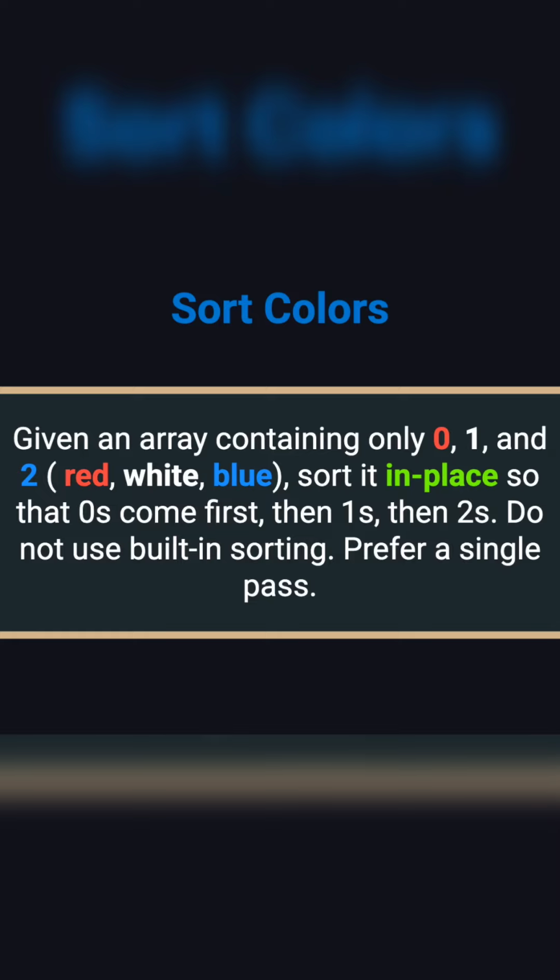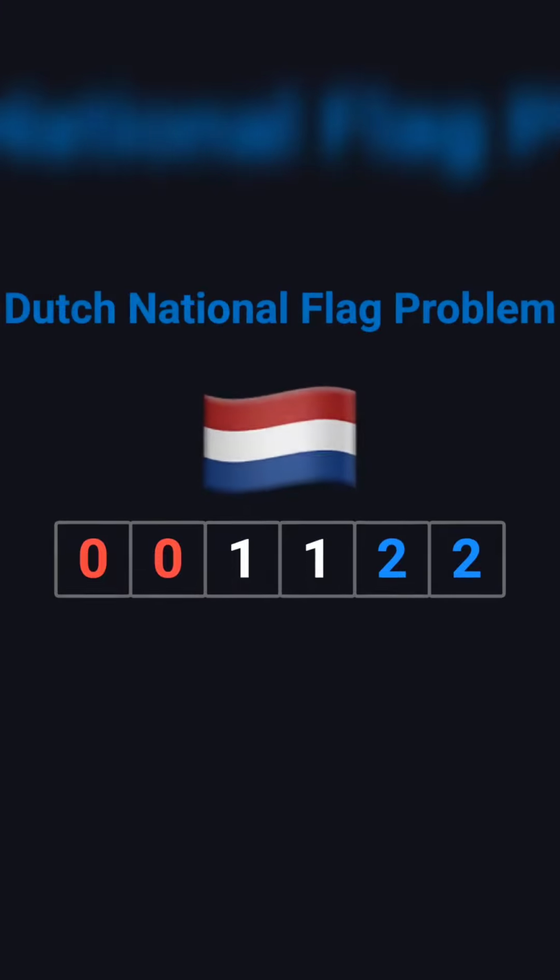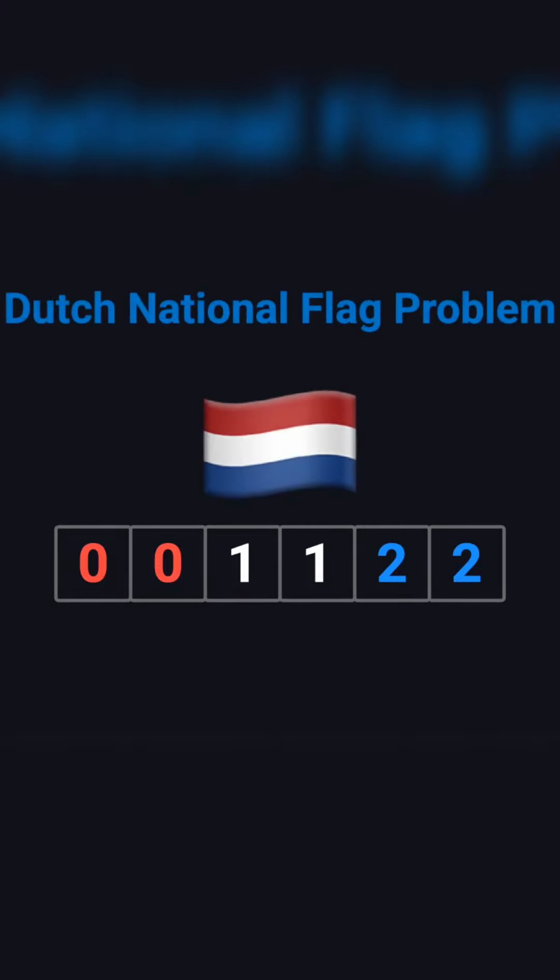There are two important constraints. You're not allowed to use built-in sorting functions, and ideally, you should solve it in just one pass through the array. Let's look at an example. If the input is 2, 0, 2, 1, 1, 0, the output should be 0, 0, 1, 1, 2, 2. After sorting, red is on the left, white is in the middle, and blue is on the right. That's exactly the order of the Dutch national